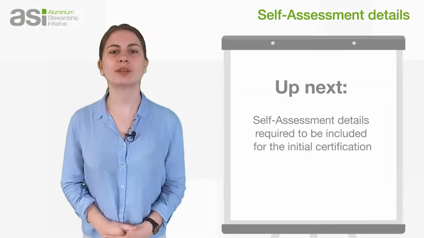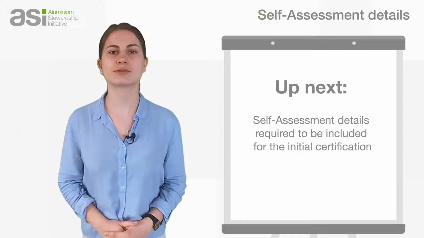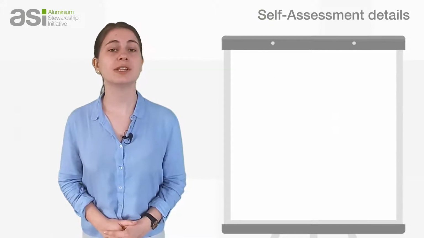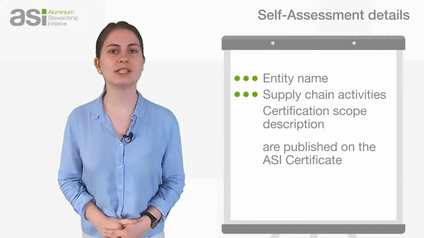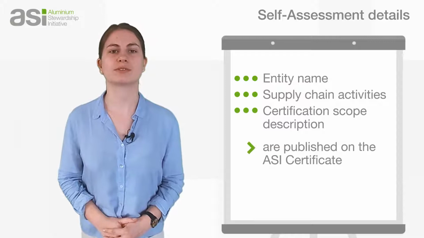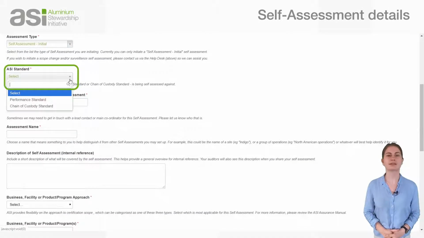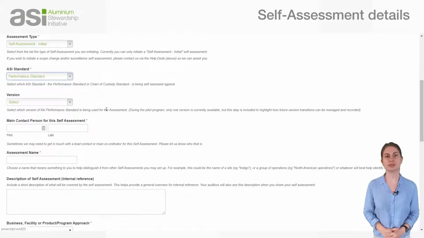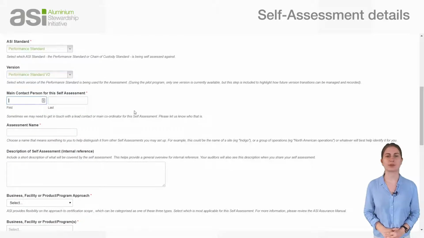Let's have a look at all the information you must include in your self-assessment details for the initial certification. Please note that among this information, the entity name, the supply chain activities, and the certification scope description will be published on the certificate. The standard you are seeking certification against, performance or chain of custody, and its version, the contact person for this self-assessment within the company,